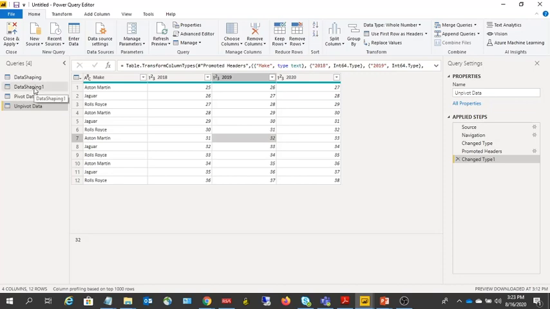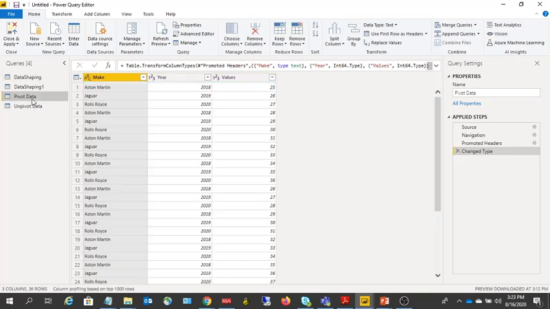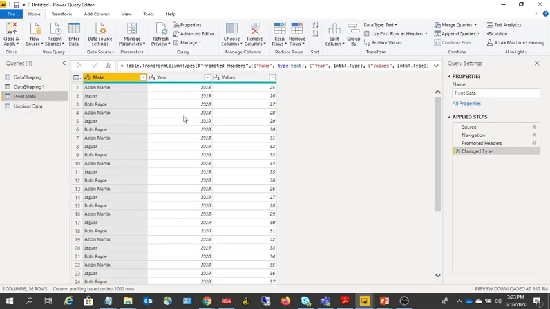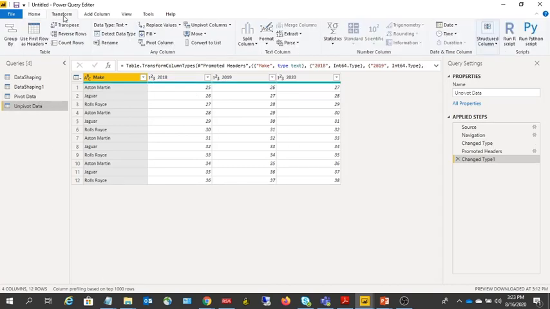All right, now okay, like this. So finally you should have a data like this, right? So this data will be finally transforming to this make, year column and the values column. So go to the unpivoted data query. Now what you can do here, you can go to the transform ribbon and you can select this make and go to this and use unpivot other columns, because make is already in unpivoted format in the table structure.